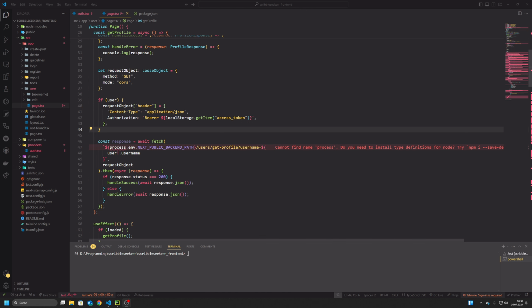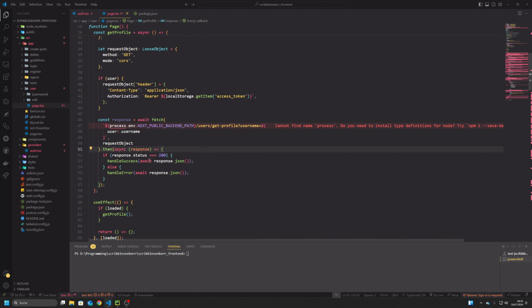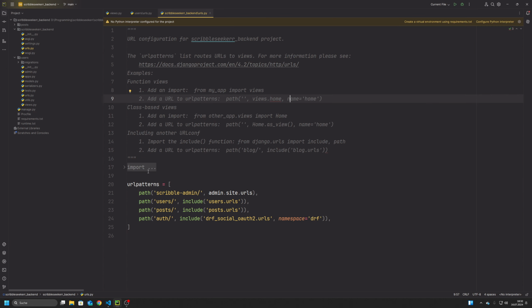I have VS Code open, and here I opened the frontend. And I have a fetch right here, which you can see, where I use the backend path, which we get when we start our Django REST framework application. And I have different URLs that you can define with Django REST framework. I'm using a package named DRF social OAuth2, which I can use to generate tokens and authorize the user with